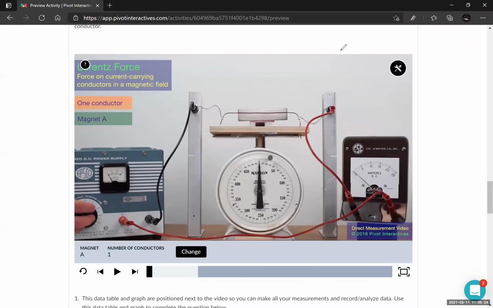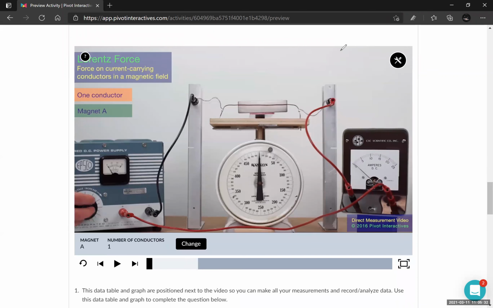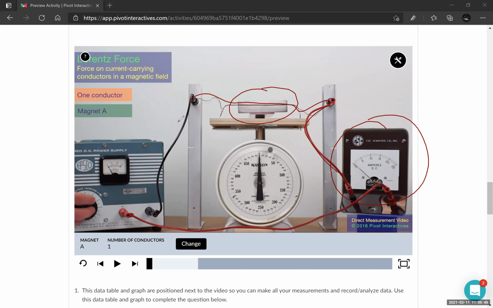So the first one is going to be finding how the force is related to the current. Okay, so this is our apparatus. The idea here is this. Once we turn on the power source and increase the voltage in the power supply, there is an ammeter that measures the current. Then the current will go through those wires, and then at this region where there's a magnetic field,